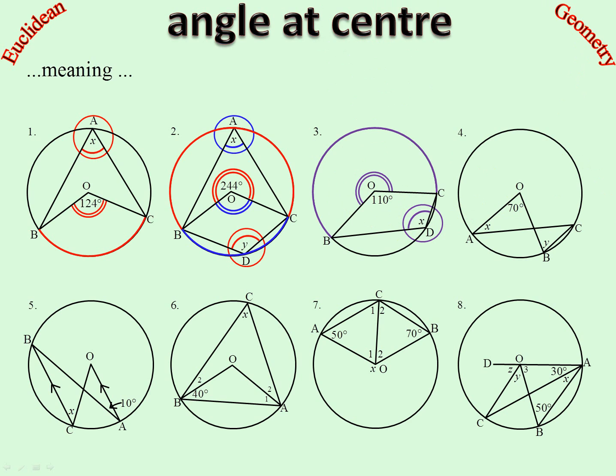In number 4, be very careful. This is the first case where we have this. X is not an angle subtended by an arc at the circumference, because have a look at the arms of x. This one only goes to the center. It does not go to the circumference. This is an angle subtended by an arc. Have a look to there, to there. So this angle is subtended by that arc. That's fine. So that x, we could say, well, hopefully it's equal to that one, because that one definitely does